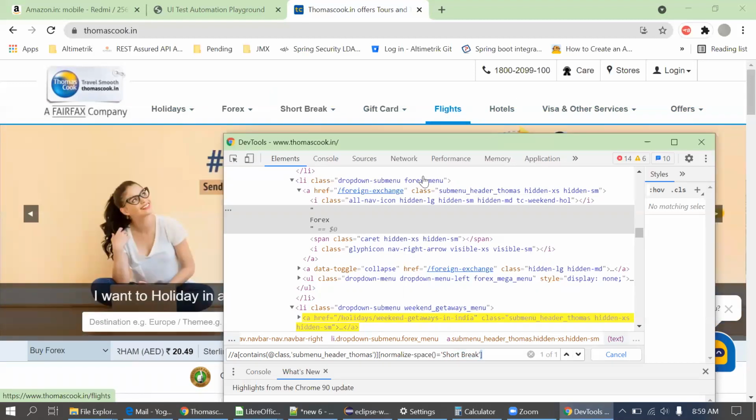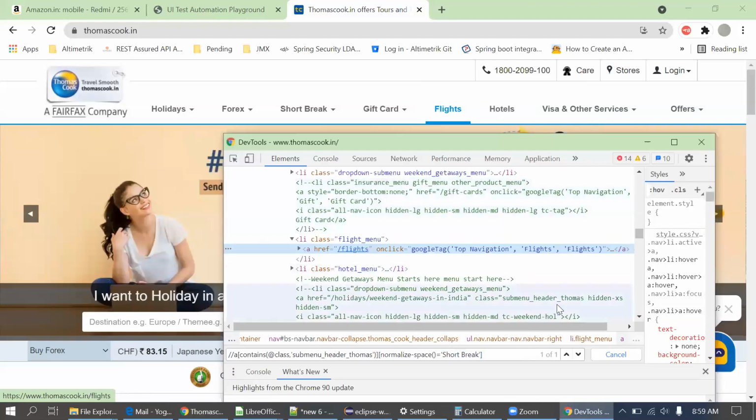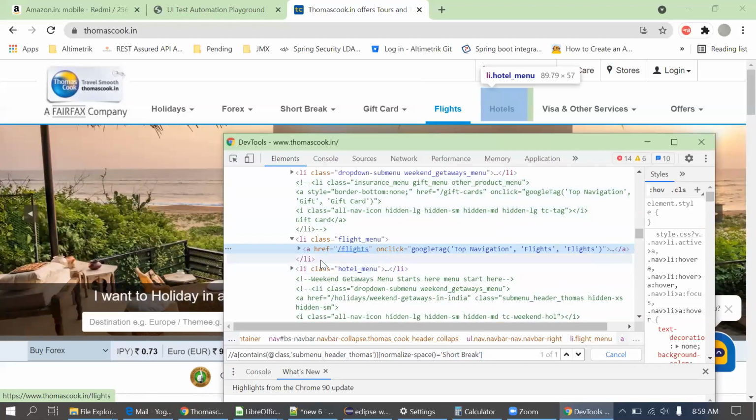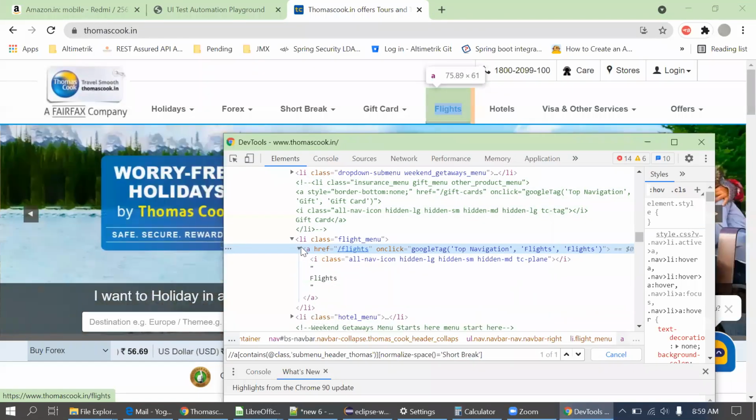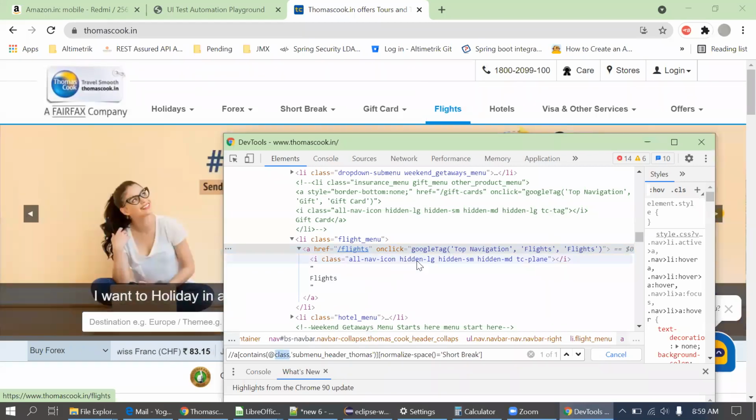For these two, I'll inspect the element again. I'm just seeing the difference now. Okay, it's again an A tag, a link, similar, but I think the class name might be somewhat different here. This class name.